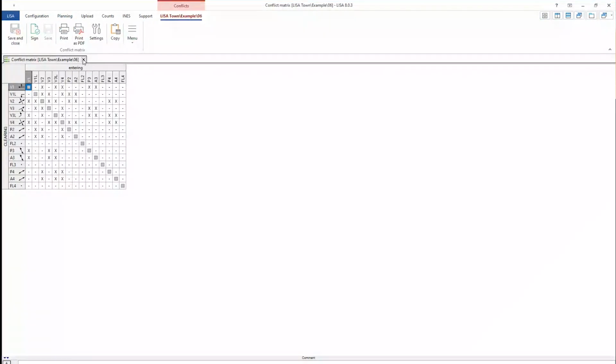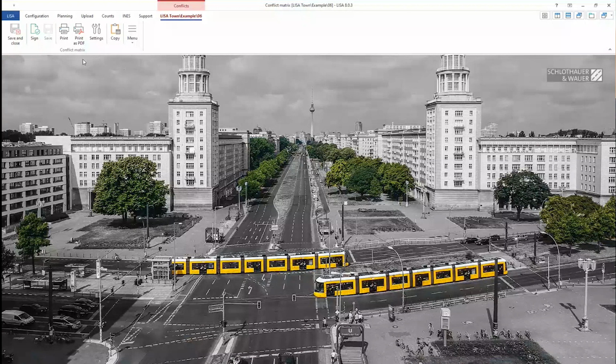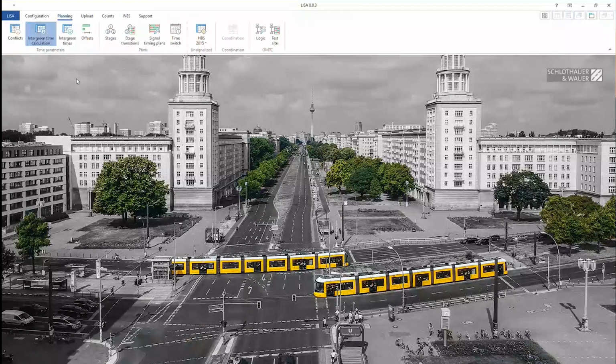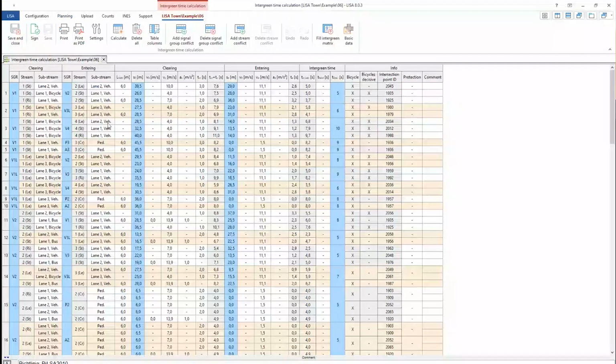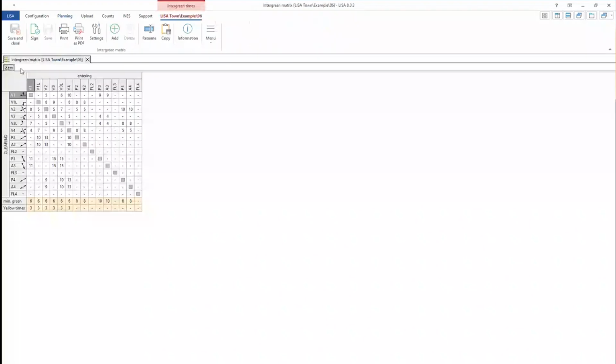And then you go in the Intergreen time calculation, click on calculate, cross-check it, double cross-check it, because this is the main safety parameter. You can change things here, you can change the settings here, and then once you're fine with it, you can fill your Intergreen time matrix. Then you open your Intergreen time matrix. You can create more matrices here by adding on this plus symbol,